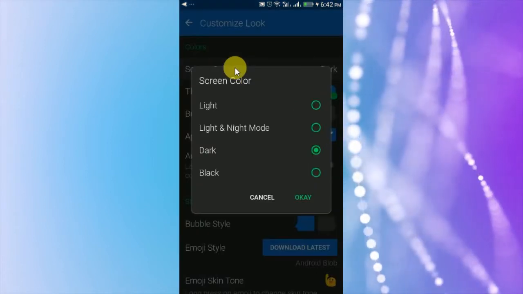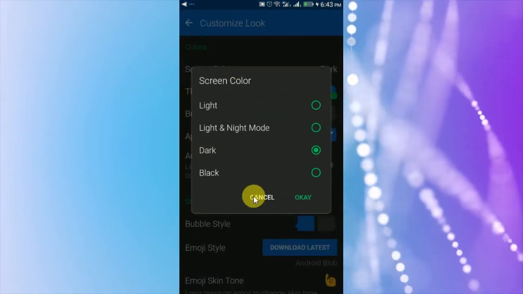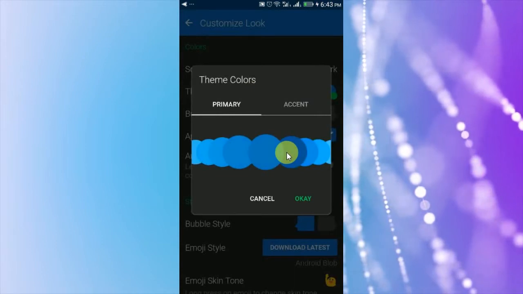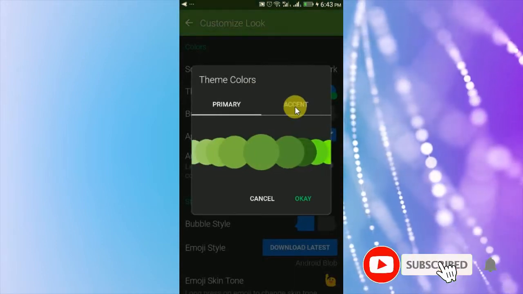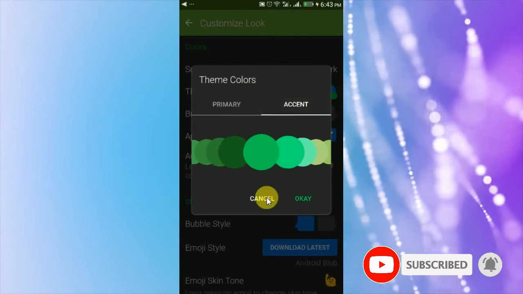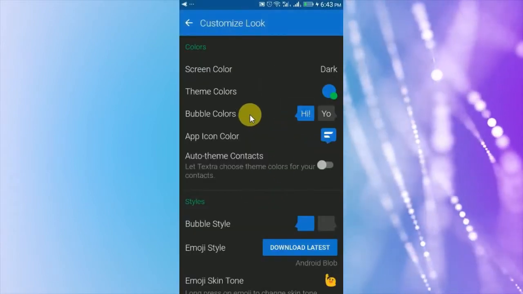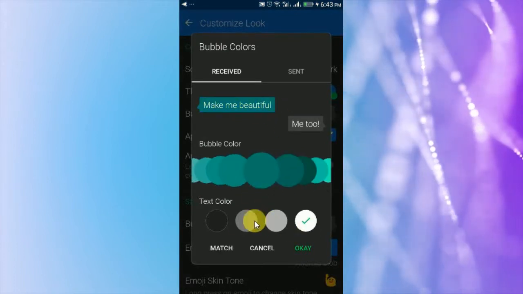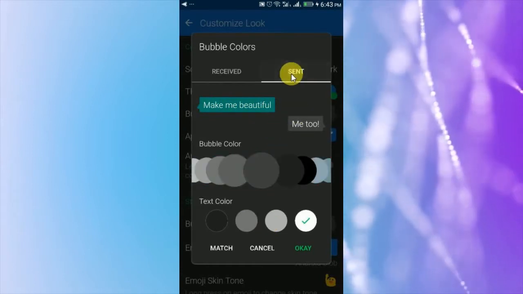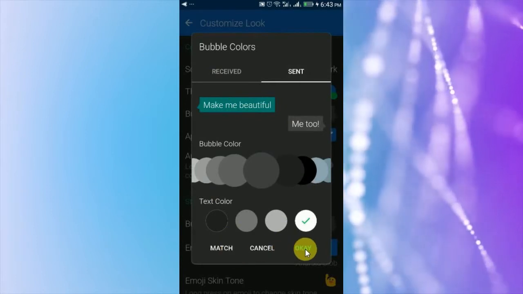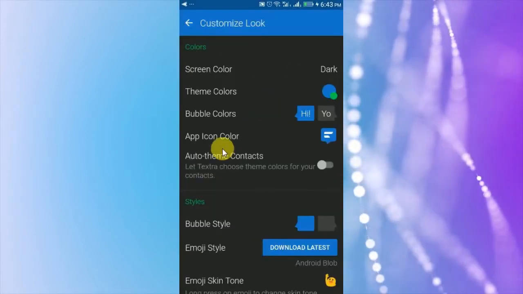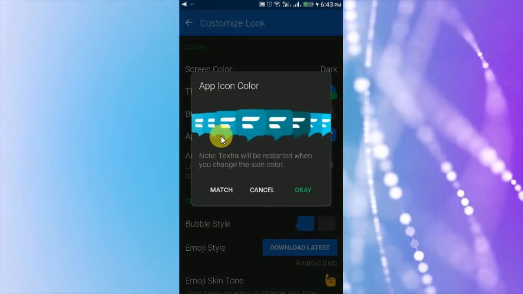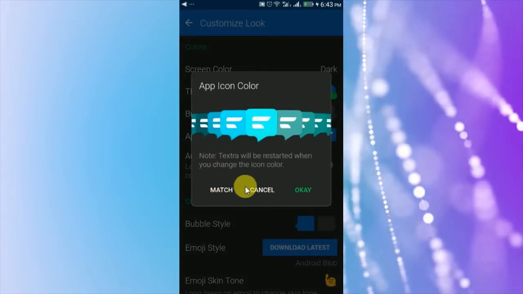change the screen color, light and night mode, dark, black, choose anyone, theme colors, different options, bubble colors, select the color as you want, text color, bubble color, accent, app icon color, change the color of app icon,